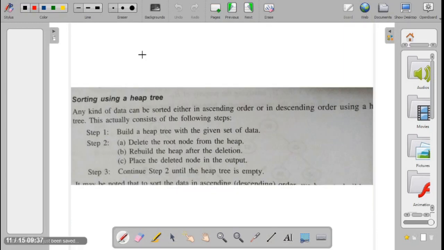Now we move on to heap sort. Okay, heap sort, like any sorting algorithm, means we have a set of numbers which are given to us, right? We have a set of numbers given and you need to sort it. Okay, in the array we have a set of numbers, let us say. So given a set of numbers, first thing we have to do is build a heap from it. Okay, so how do we build a heap? Say for example,